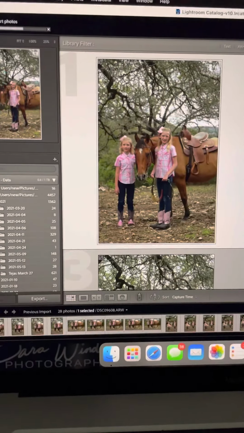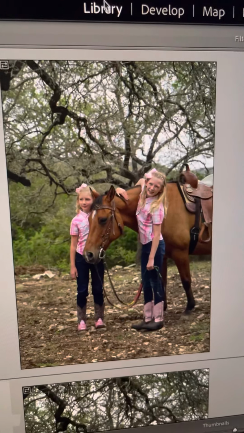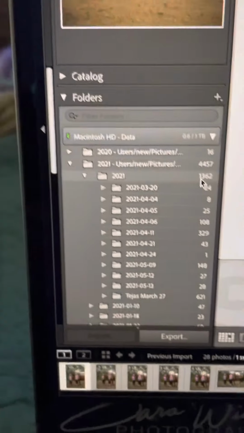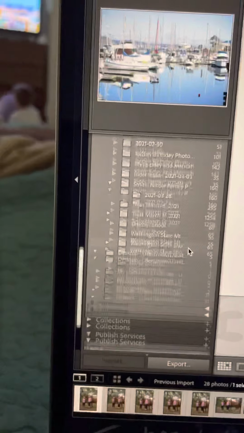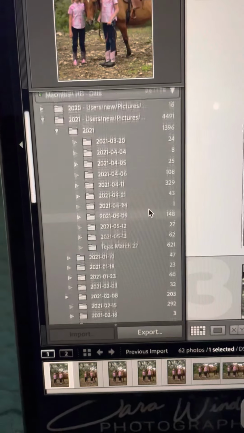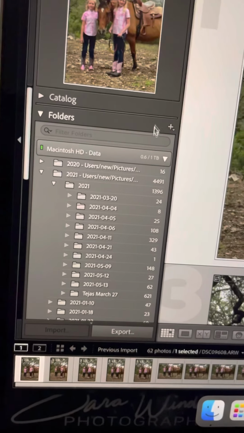And then once they're all imported, mine are still working. Once it's all imported, remember you're in your library here, and then you want to click develop to edit any of those. And down here, here's the list of all of your folders and pictures and stuff. And so it shows that this one, sometimes mine organizes it weird, so it's putting it,